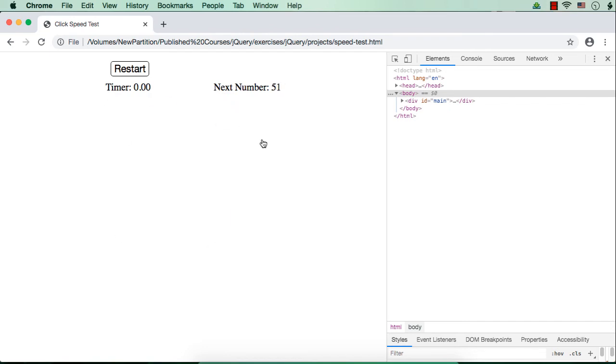Then once all the numbers are clicked, what we need to do? We need to display the time to the user. So we have to implement the timer part next, then only we will be able to display the time taken by the player. Also we need to implement the restart button click. That is, once the restart button is clicked at any point of time, the game should restart. So we need to implement that part next, and we will do it in the next lecture.